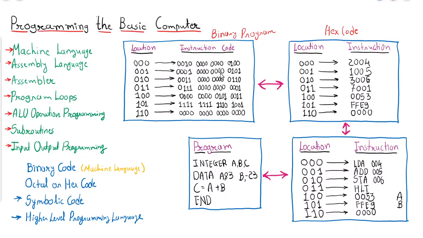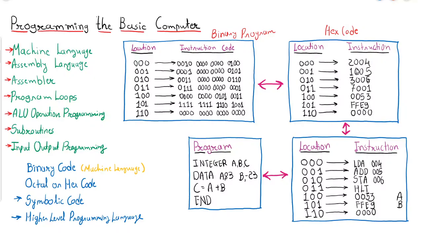So this is the same data, both are the same, only the representation is different. Here the representation is done in hexadecimal code. So here the program will be written using a smaller number of characters. Here we were using 16 digits, while here we are using only 4 digits.